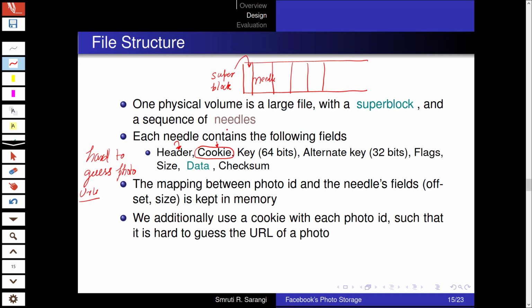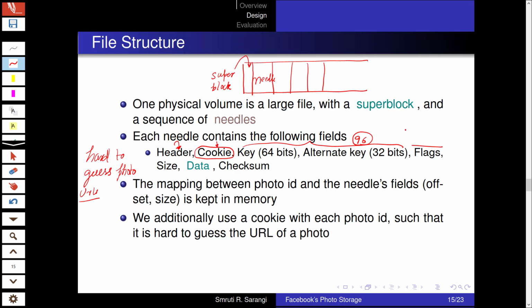Every photo internally is identified with a key and an alternate key. The sum of the key and the alternate key is 96 bits. That identifies a given photo. Then we have the flags field, which is very interesting.